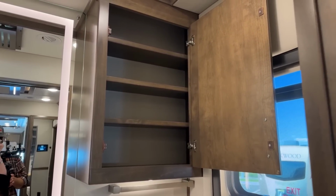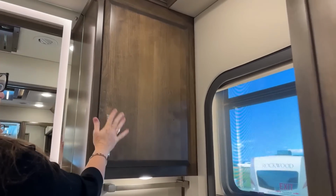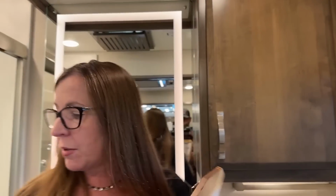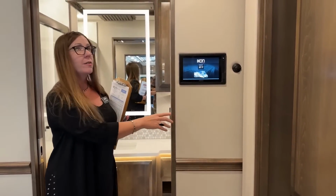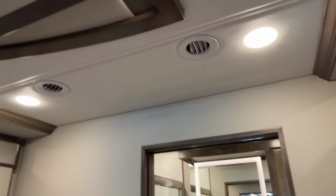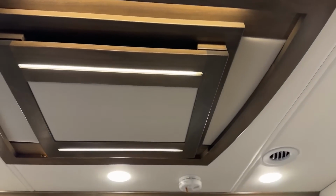This is the Woodstock Interior. These are solid maple cabinets. And when I say solid, I mean they're really solid. They open and close very nicely. You'll see that we have chair rail throughout the coach. So just a nice decorative touch. All of these soft walls are also just a nice decorative touch. And then in our true IKON fashion, we have these beautiful returns covered with these really classy decorative touches in